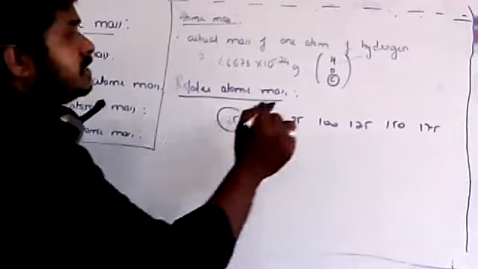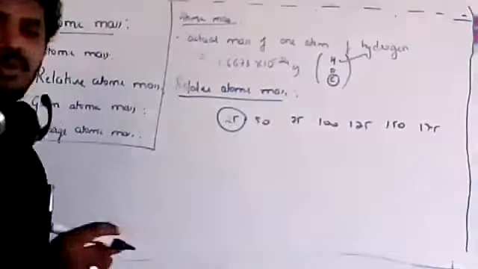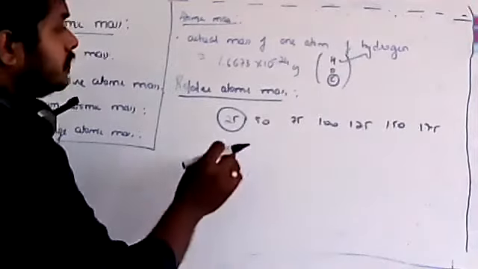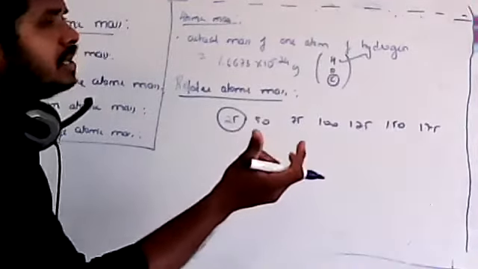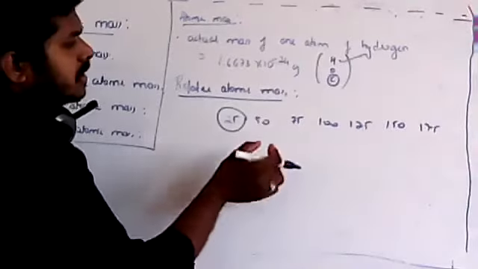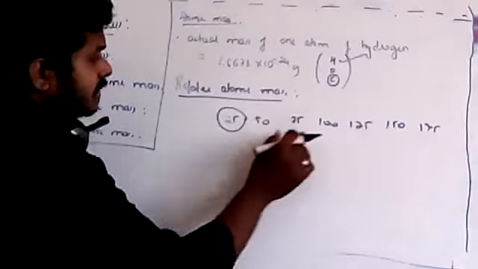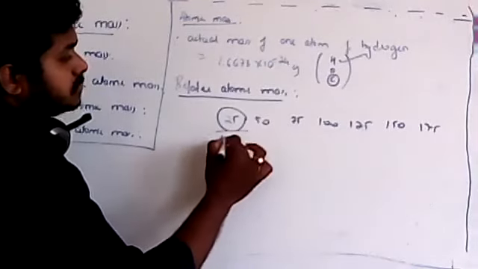Now you should understand why it was compared with hydrogen, because the smallest one was hydrogen. While comparing, it is better to compare with the smallest one. Now you may ask, sir, why do I have to compare with the smallest one? Why can't I go for 50 or 100 here? Imagine if I go for 100, in this case I have to divide this by 100.